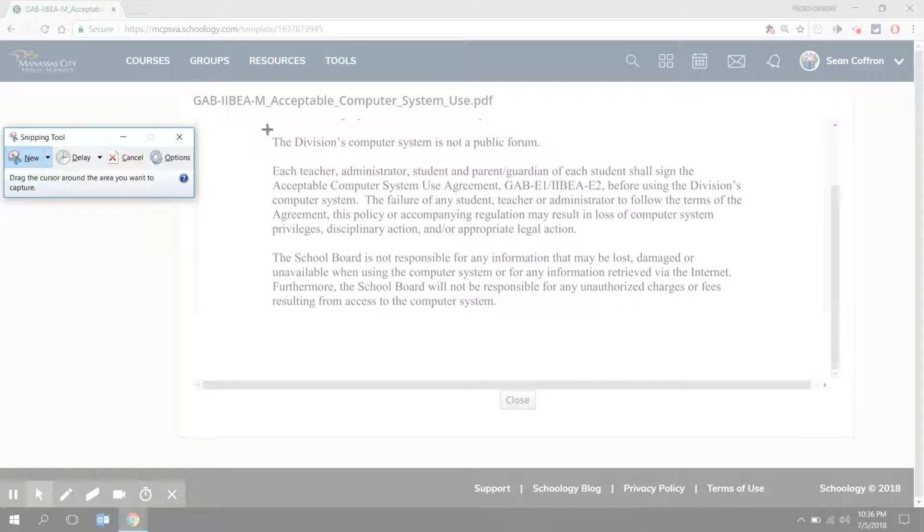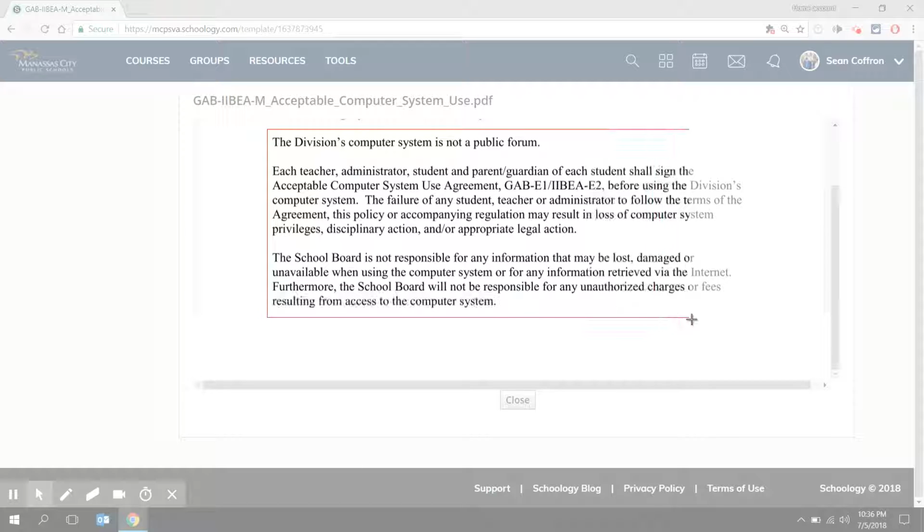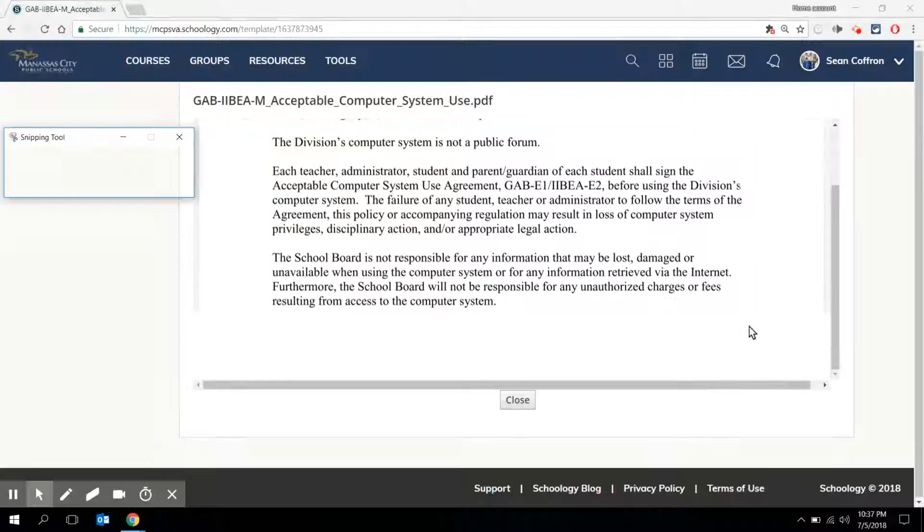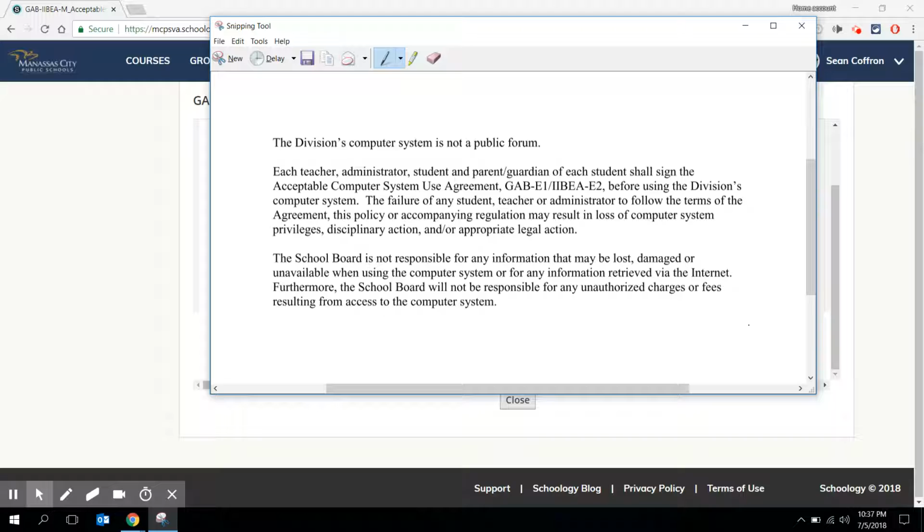and you'll notice the screen has grayed out. So what I'm going to do is take my cursor, hold down the left mouse button, and drag until I've reached the portion that I'd like to save. At this point, I've got a portion of the screen snipped out that I can now copy, I can send